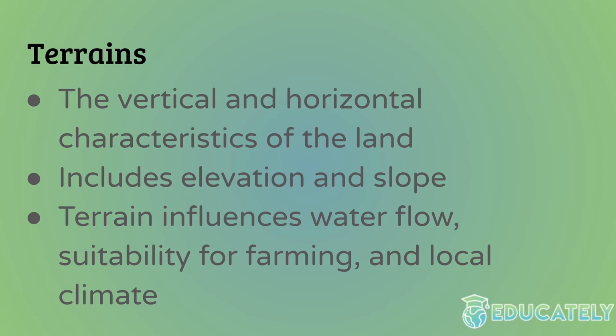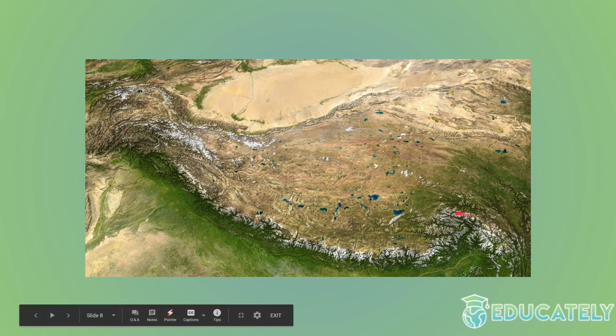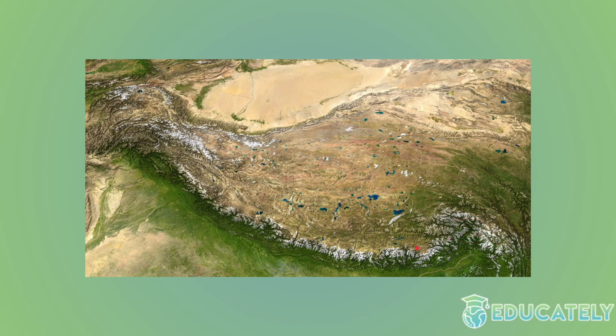On the next slide, I'm going to show you an example of how climate has been impacted by terrain. This is an example of the Himalayas. This is an image taken from a satellite in space. It's on a pretty large scale. This area is probably thousands of miles wide. This whitish area, you can probably tell from the little bumps, these are mountains. These are again the Himalaya mountains.